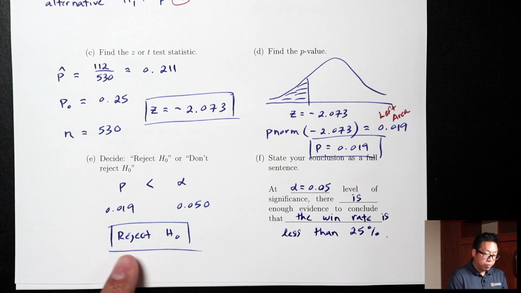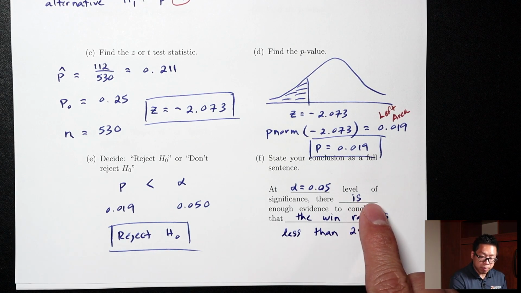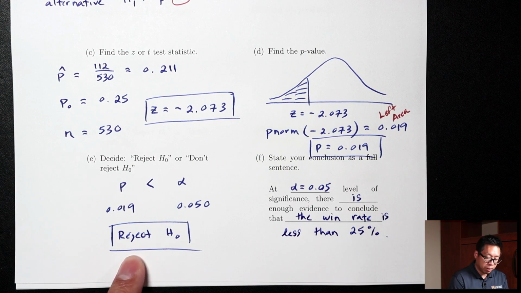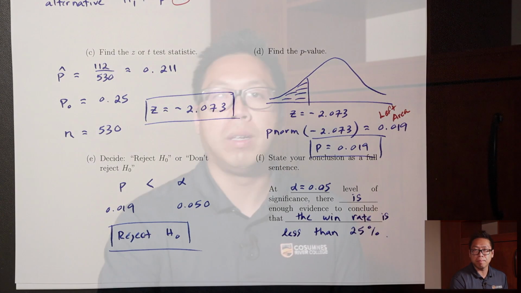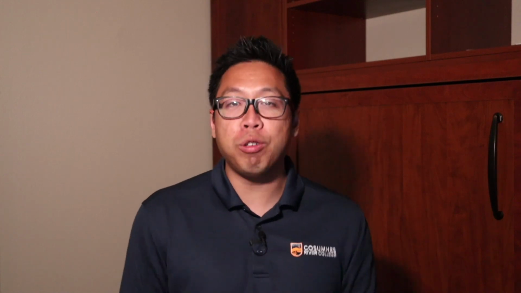So once again, if you reject H0, then there is enough evidence. If you did not reject H0, then there is not enough evidence. I should mention here that the only 2 outcomes of a hypothesis test are either reject H0 or don't reject H0. You will never say anything else. Even though in English you may think that the opposite of reject should be accept, you will never say accept H0. This is similar to a court of law, where you're either found guilty or not guilty. Not guilty is not the same thing as saying innocent.